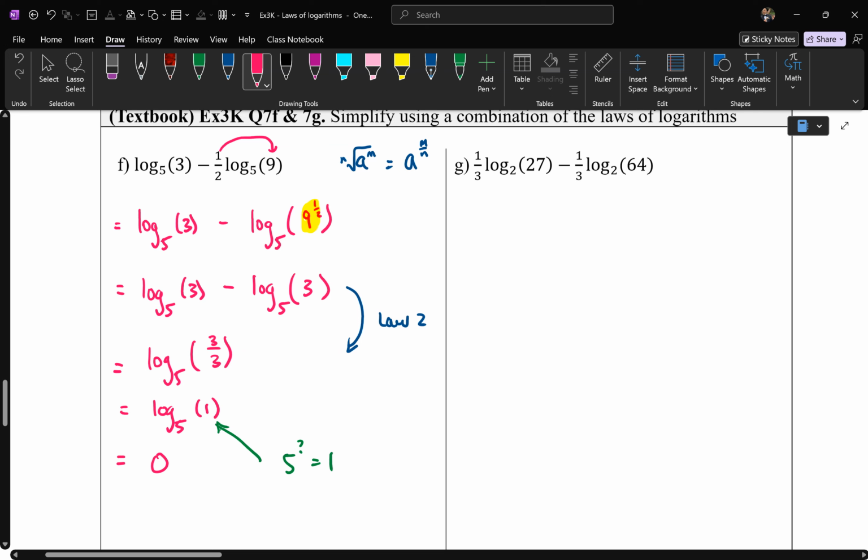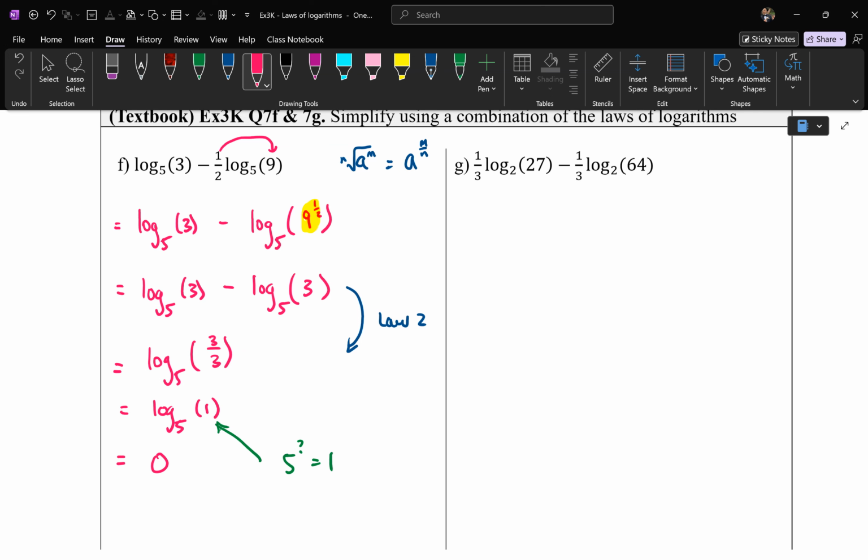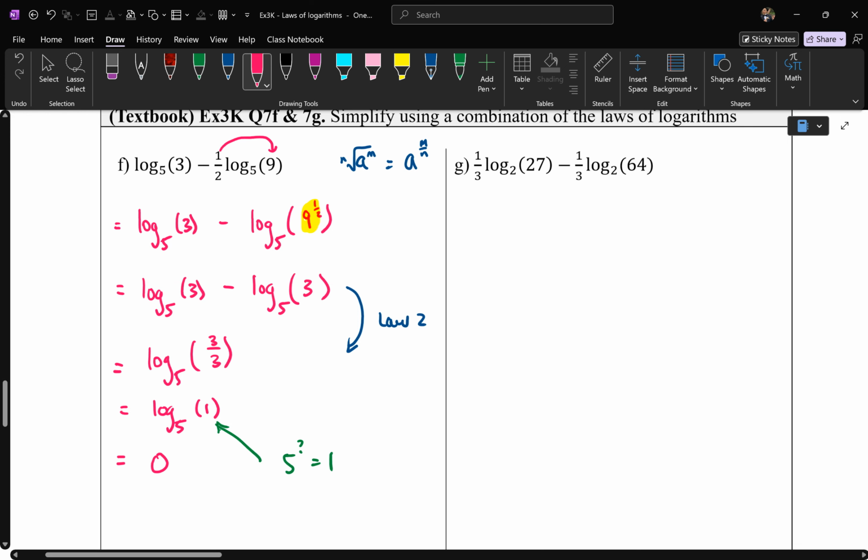I'm going to pause the video. I'm going to give you, how long should you take? I reckon you should only take maximum 3 minutes. Let's go. I'm going to pause the video, and that's the last example. 3 minutes. Have a go, and then we'll